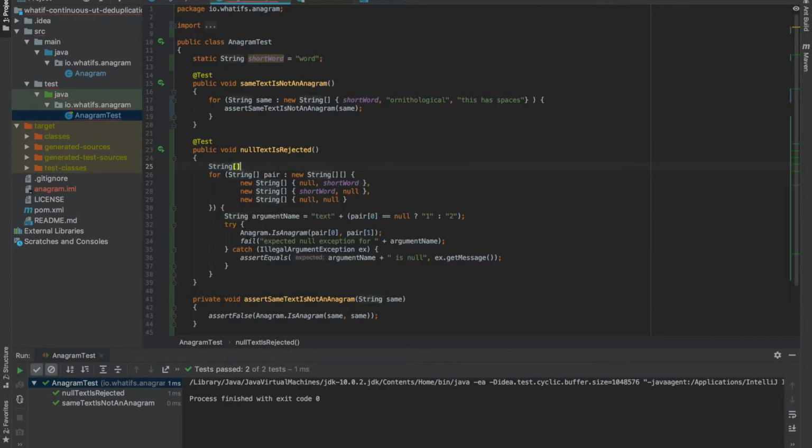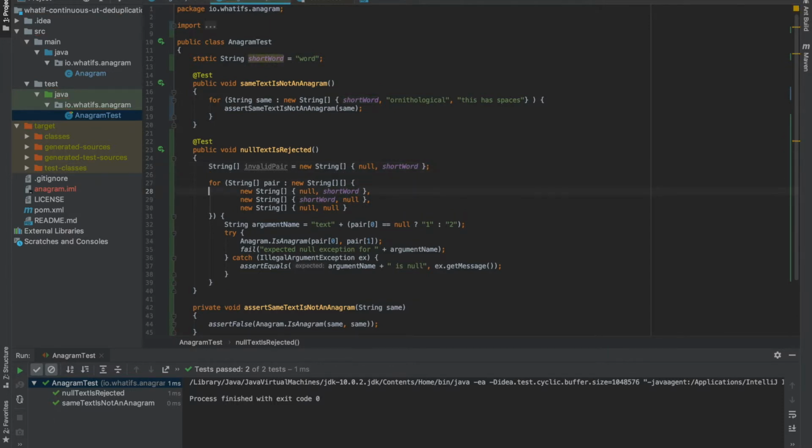So we've got a concept here of an invalid pair. And one example of that invalid pair is null and short word, but the other one is just the reverse of those arguments. So if here we just put in our invalid pair, and here we create some kind of reverse function for that,